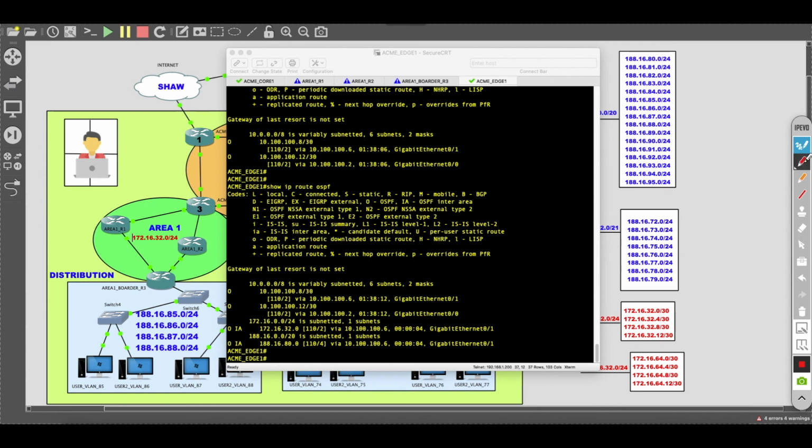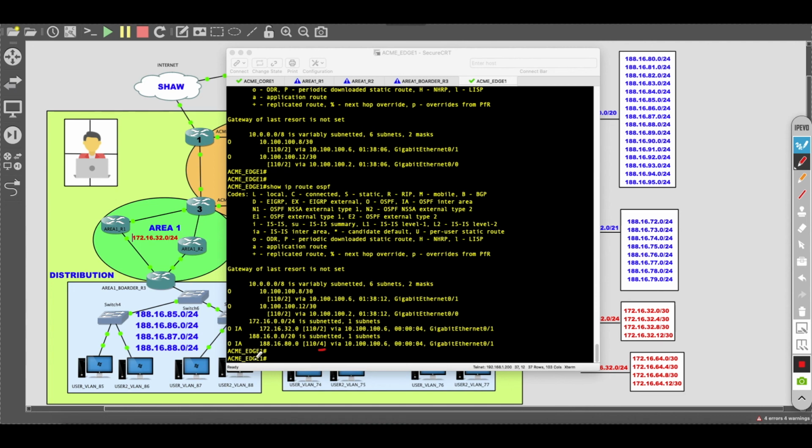Number one, we need to make note that an intra-area route will always be preferred over an inter-area route. An intra-area route will always be preferred over an inter-area route. Very clear. Secondly, I'd like for us to understand how this cost is calculated. We haven't made any changes to the links or the cost of these OSPF links. So if we calculate